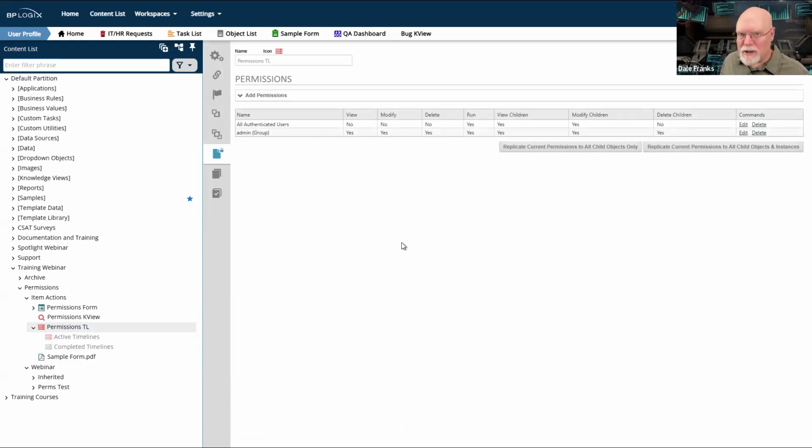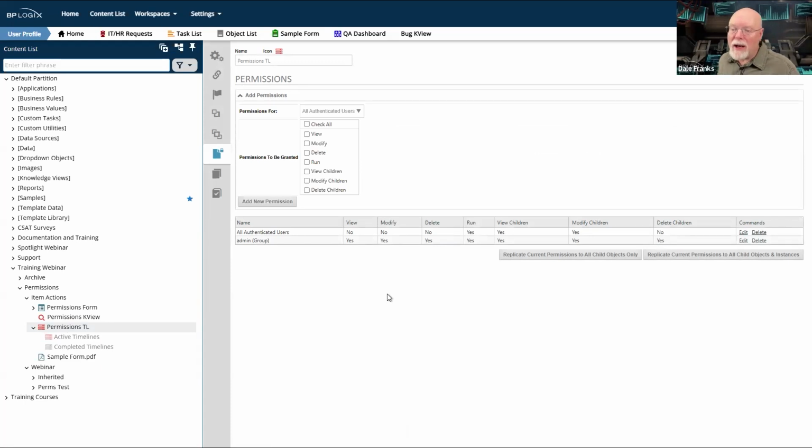My permissions exceptions. I don't have a permissions exception report at the individual object level. I have a permissions tab, and I can go in and add unique permissions on every object in the system because everything has a permissions tab.